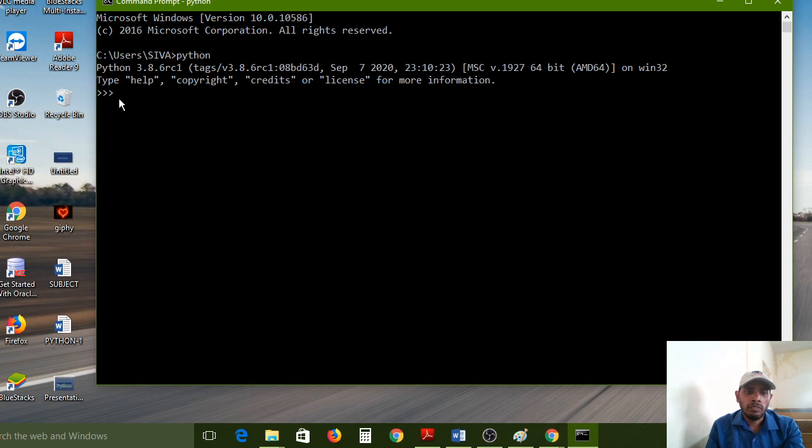Now it is showing three greater-than signs. If it displays like this, then it is called the Python shell. So through the black screen, the operating system command prompt, I have opened the Python shell also. Like this we have to open it.